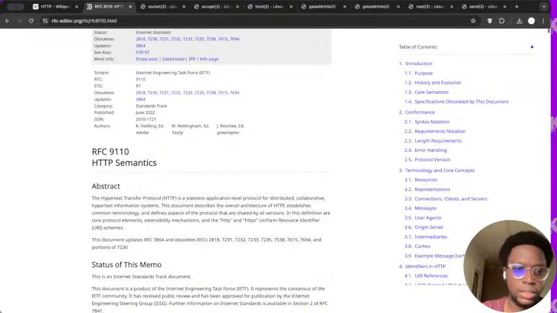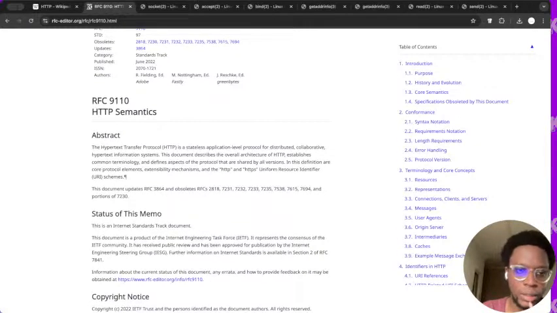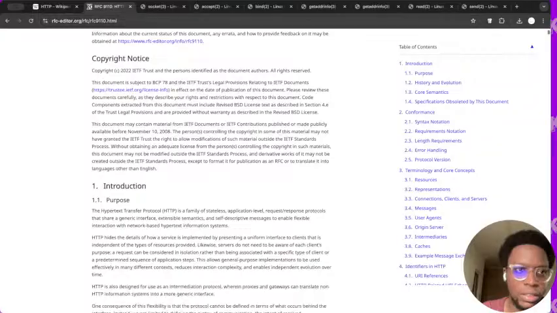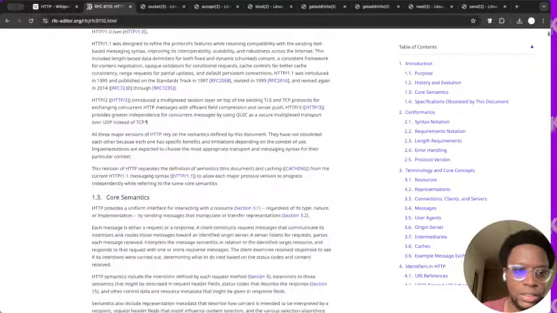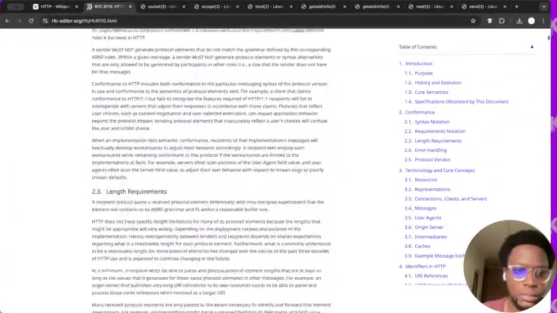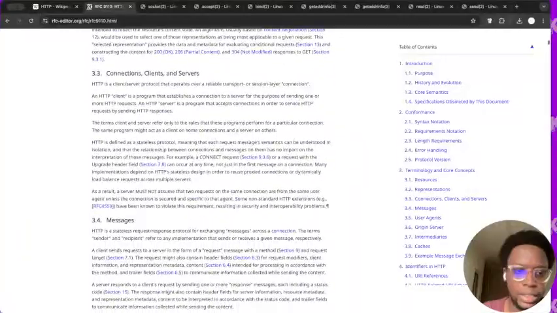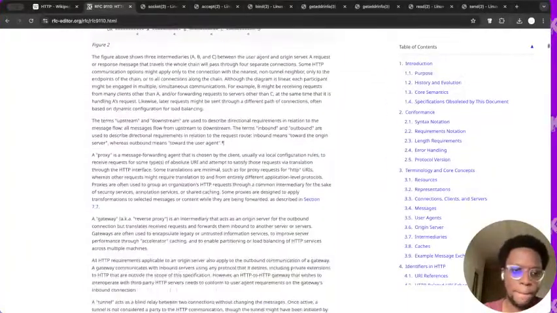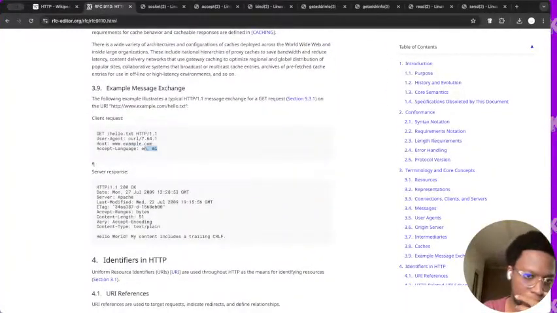Just type in: Hypertext Transfer Protocol is a stateless application-level protocol for distributed collaborative hypertext information systems. This document describes the architecture of it. So, as I got to before the stream, this is where I want to start from. So from what I can tell,